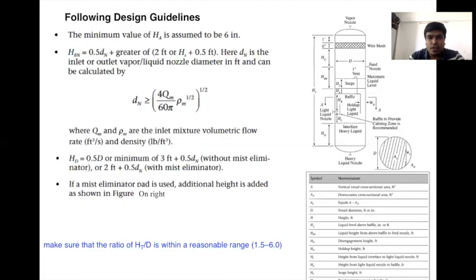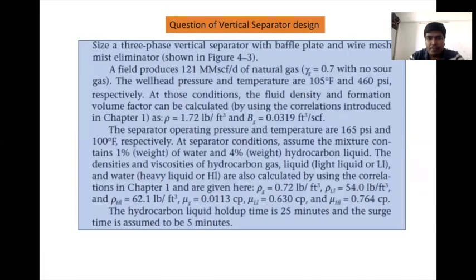Okay, so I wish to take one example, but this is quite big, so we'll take this in the next class, right? This is based on the design of the vertical separator, and once you do this particular question, you'll be able to understand this design in more detail, and things will be more clear. Okay, so do you have any question till now? Questions? No, thank you, sir.